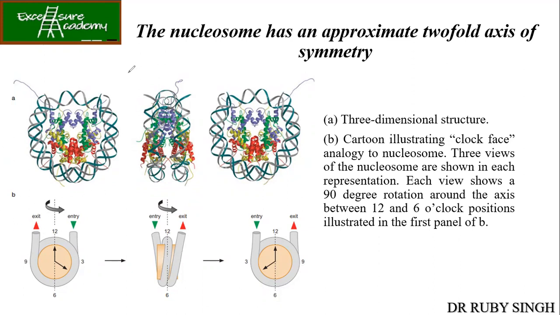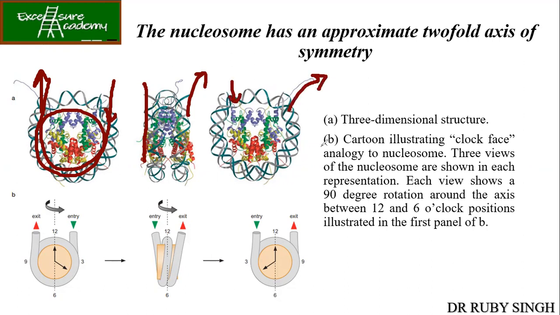So we say that this is the entry point of the DNA and the exit point. So by this time, it is making actually a 2 times wrapping around the nucleosome. Okay. Then these are the side views. Here also you can see how beautifully it is entering, and then here it is exiting. And this is the back view. So here again the entry, and here it is the exit. Okay, so this is just for your understanding. It has been compared with the clock.